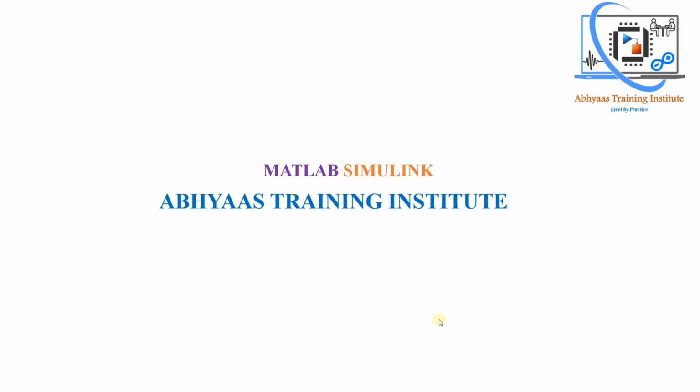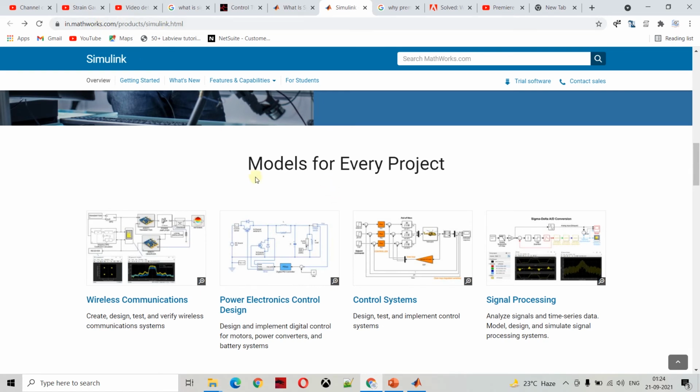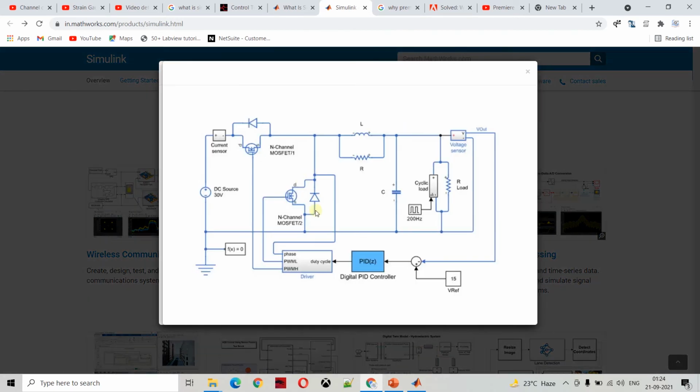Next, let's see how that works. Before that, let's visit the MATLAB official website and see what they say about MATLAB Simulink. Here we are on the MATLAB Simulink official website. You can see how the block diagram looks. This is how Simulink is going to look. This is a diode. You are not writing code for a diode. You can get a diode and work with it. You can provide all the parameters to that diode as you do in real life. We will definitely discuss it.